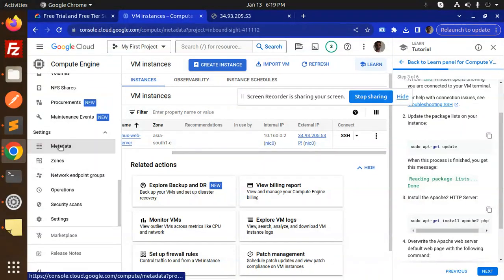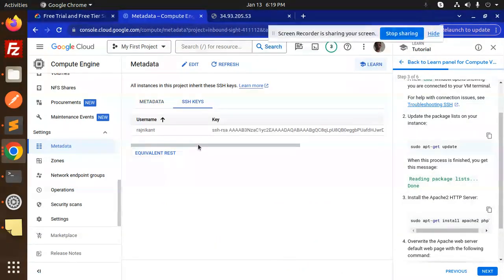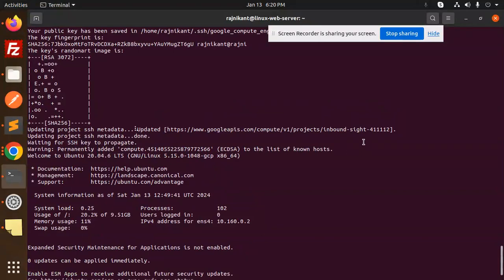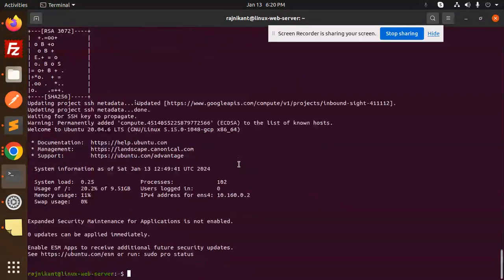So here we have the metadata, right? Here we are generating the SSH keys. Okay, so here you can see that the SSH key is there. So what is happening over here is the Compute Engine list is done. Google Compute Engine permanently added this one. I think this key is already added over here on the inbound side. So the key is